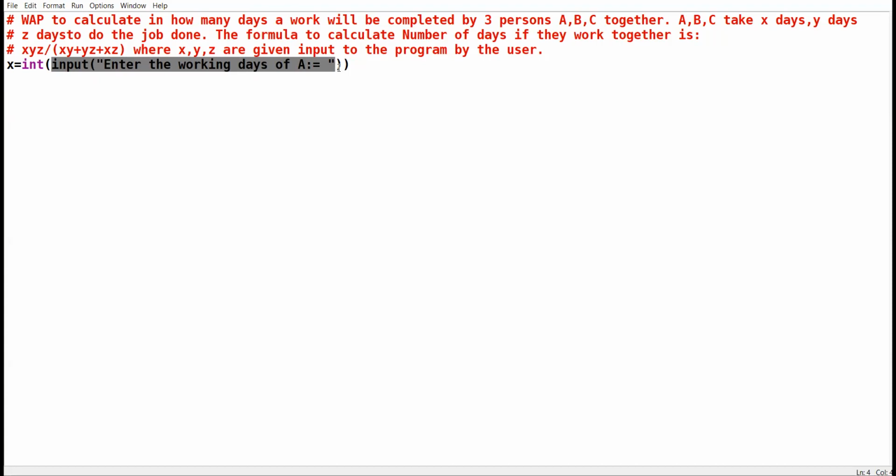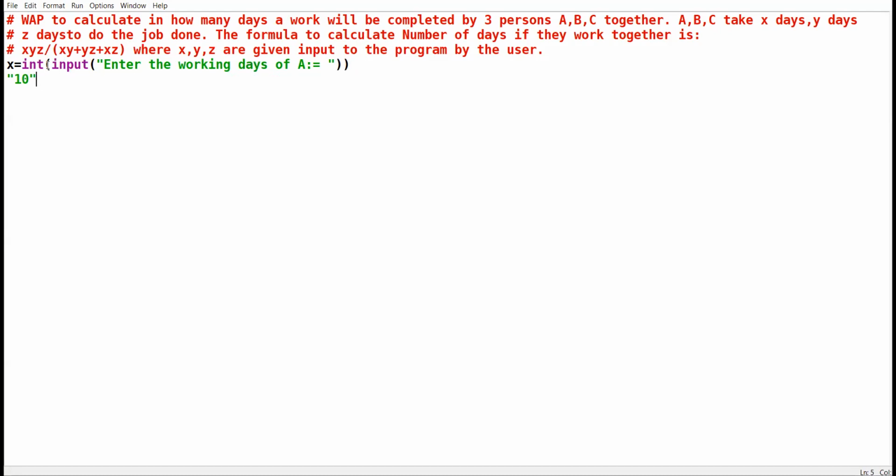But we cannot perform any mathematical calculations on a string. So we have to convert our data into numeric type. Numeric type means integer or float. That is why I have taken the integer function here. Whatever value you input from the keyboard will be in string form. Like if I input 10, it will be converted into string form.